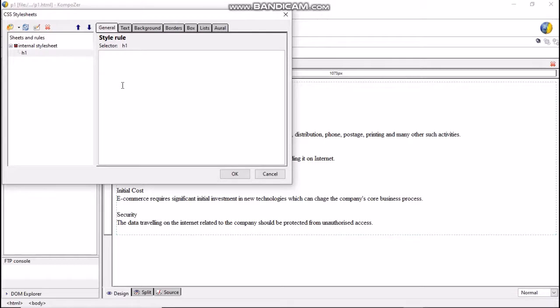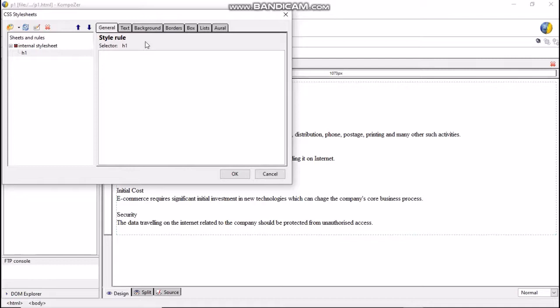Here you can see the H1 element just below the heading Internal Style Sheet on the left pane. On the right side of the window, you will see various tools like General, Text, Background, Borders, Box, List, URL. Each of these tabs can be used to give a specific style to the element.